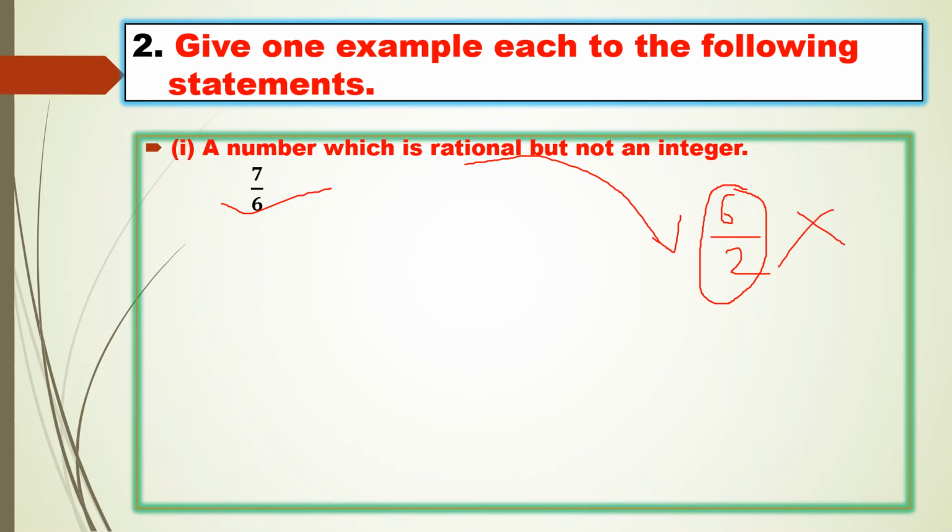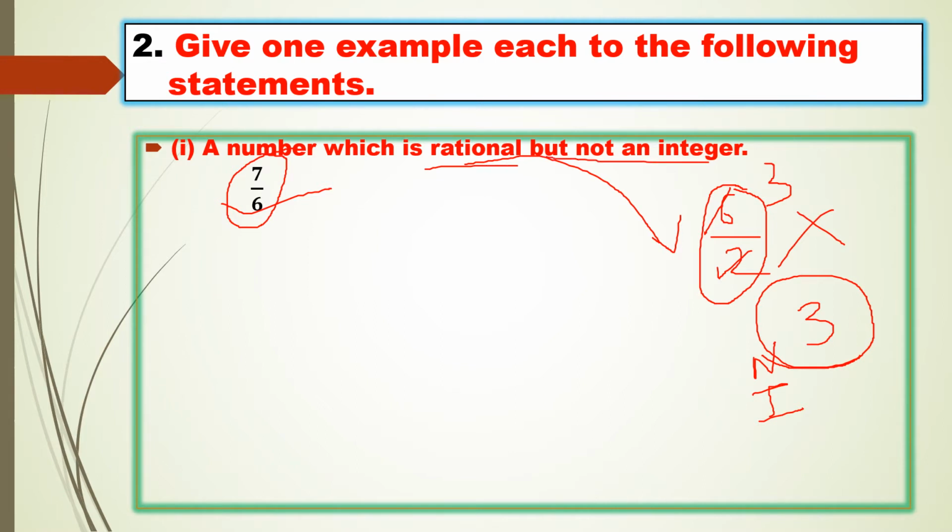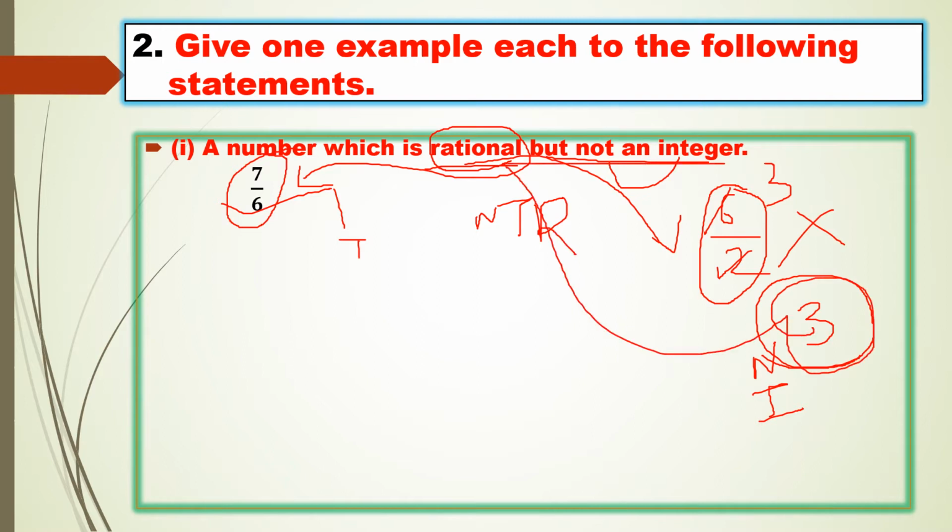No, because when you divide this, 2 ones, 2 threes, you will get 3 as a quotient. Means it is a whole number, it is a natural number, it is an integer. You should have the decimal expansion for a rational number which is not an integer. The number which should not be an integer but is only a rational number means you should have a decimal form number which is terminating or non-terminating, recurring. But you should not take such numbers as rational when he asked not an integer.